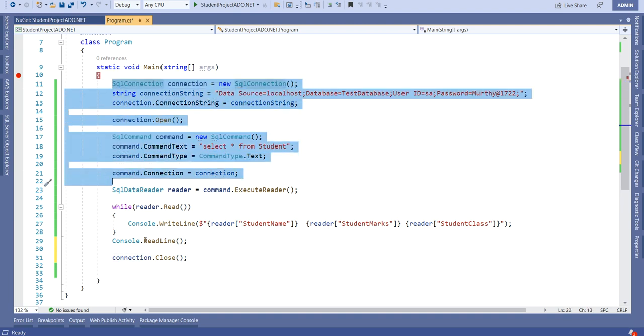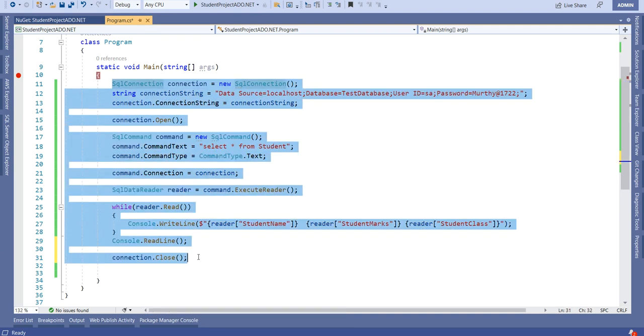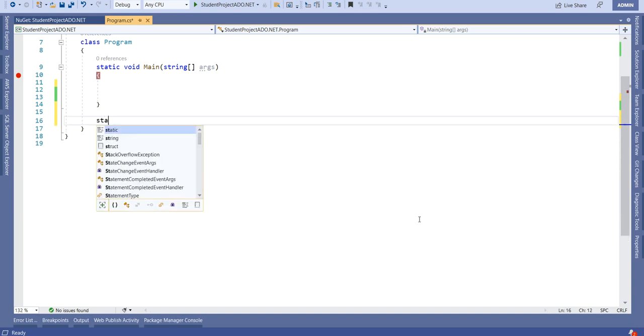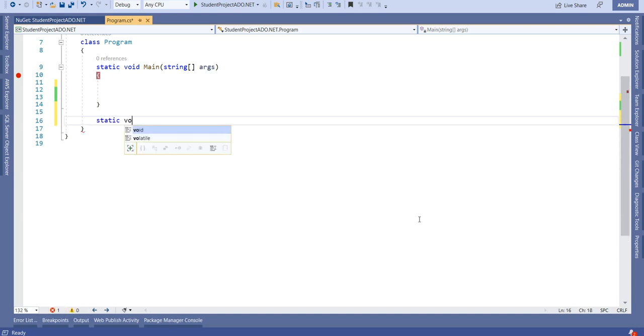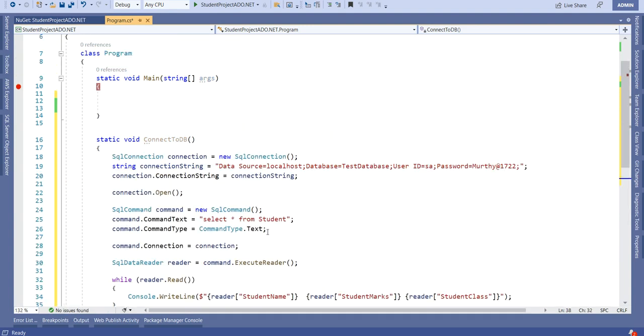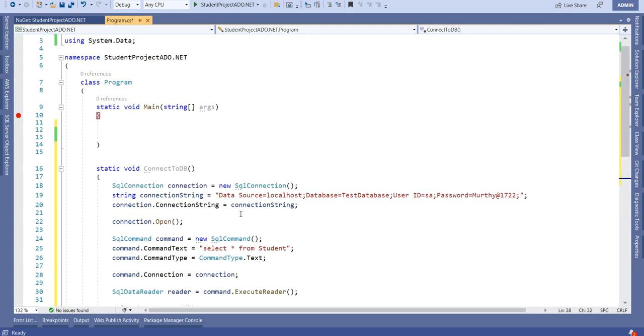So for that, let us cut this and keep this in a method. Let us give the method as static void ConnectToDB. This is the old way of connecting to the database.